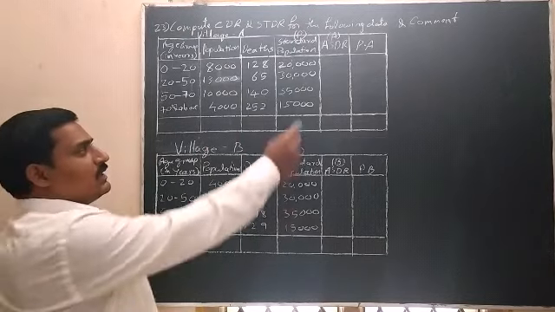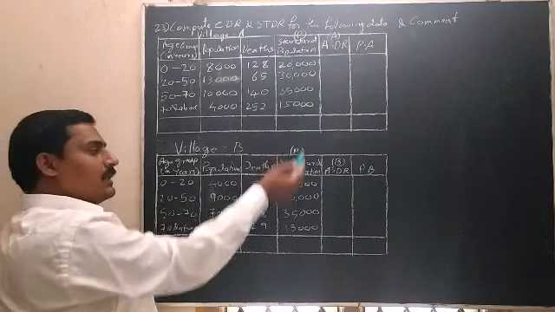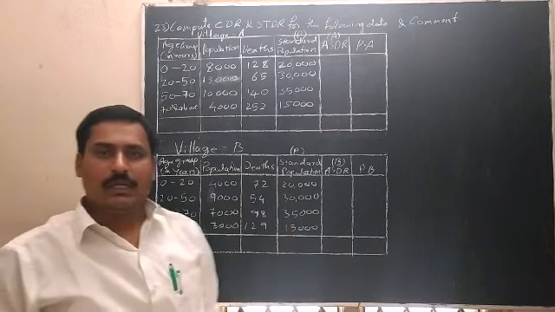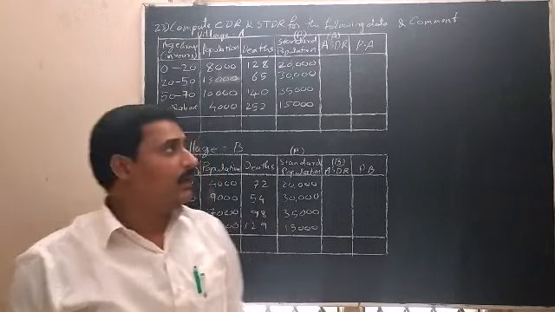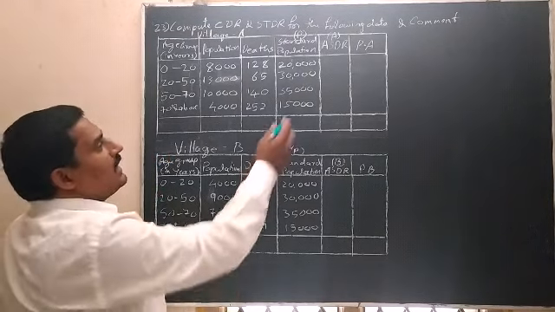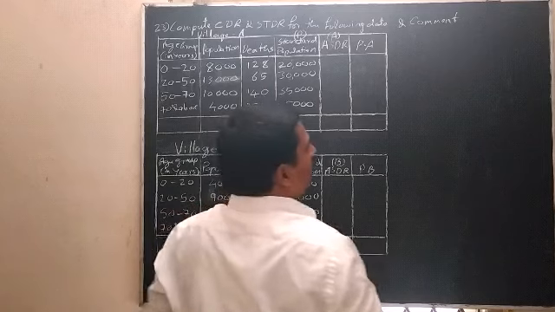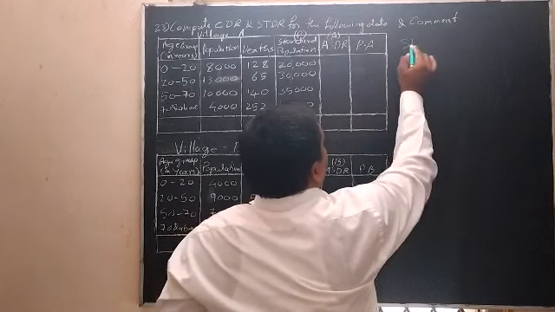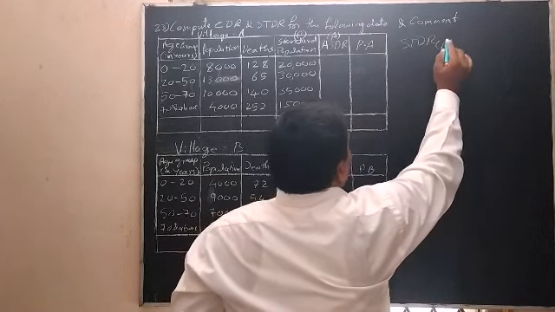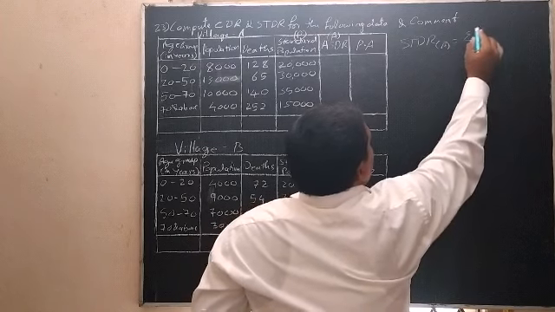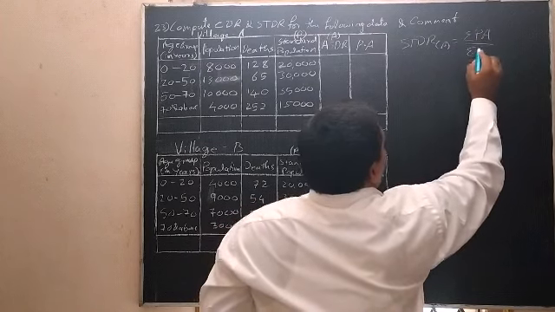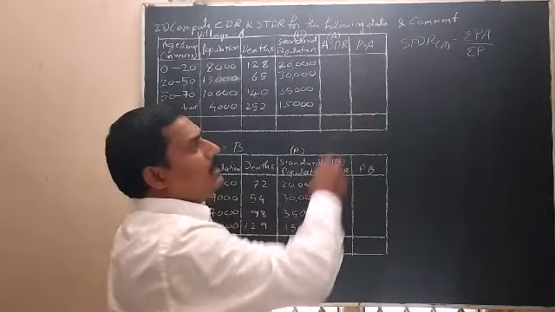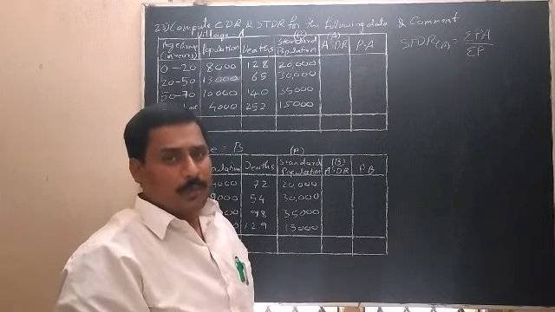In the problem they have given a standard population that is the same for both locations, village A and village B. For both locations the standard population will remain the same. Let us first calculate STDR for location A. We all know the formula for standardized death rate: STDR for location A is equal to summation PA divided by summation P. Here A refers to ASDR of location A and P refers to standard population.